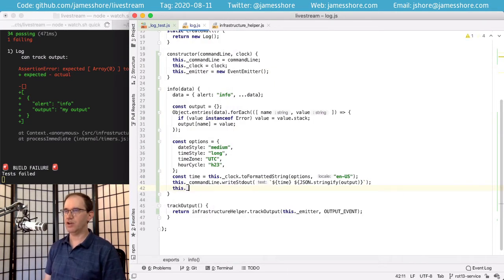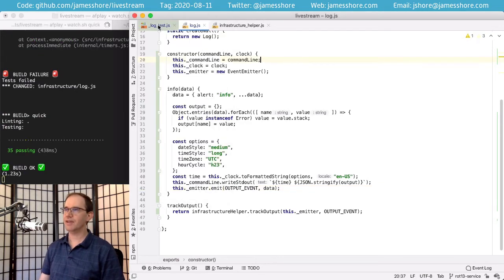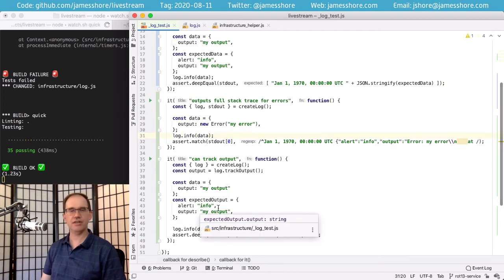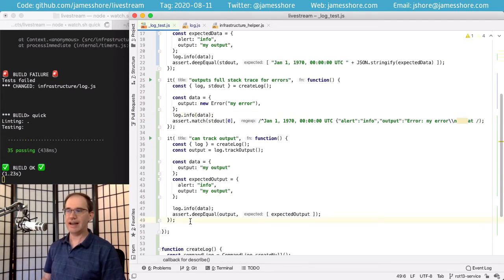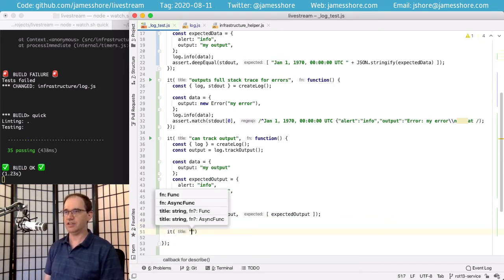emitting the event. So we'll say here that we want to emit to the output event our data, our structured data. And there we go. Now we've got a really nice tracker that is going to make our tests super easy to use. Of course, errors are still special. Now this will give us the actual error object, and that's good in a way, but that error object is going to have a stack trace on it. And just like we saw up here, dealing with those stack traces means having to do regexes, and we don't want to do that. So what we're going to do is have our tracker not give us the stack trace. It's going to strip the stack trace off.